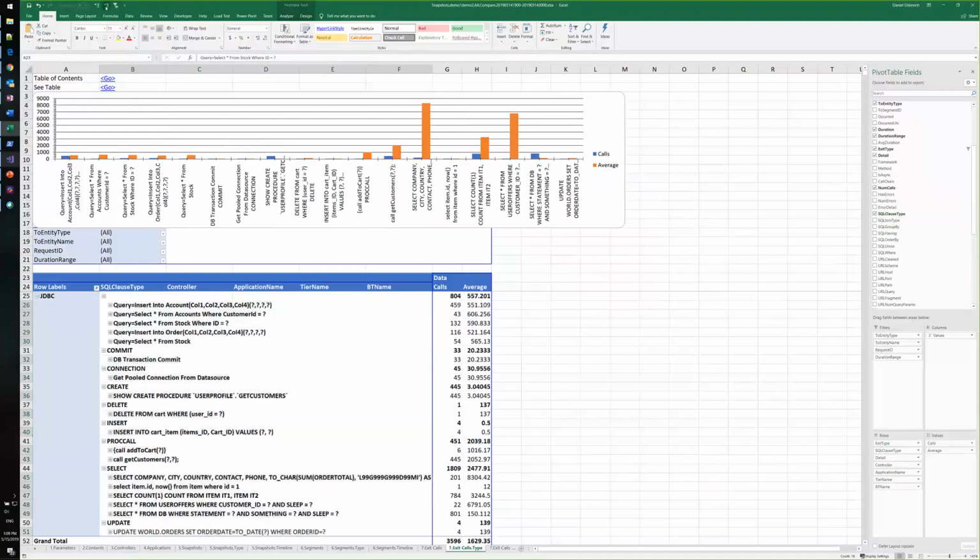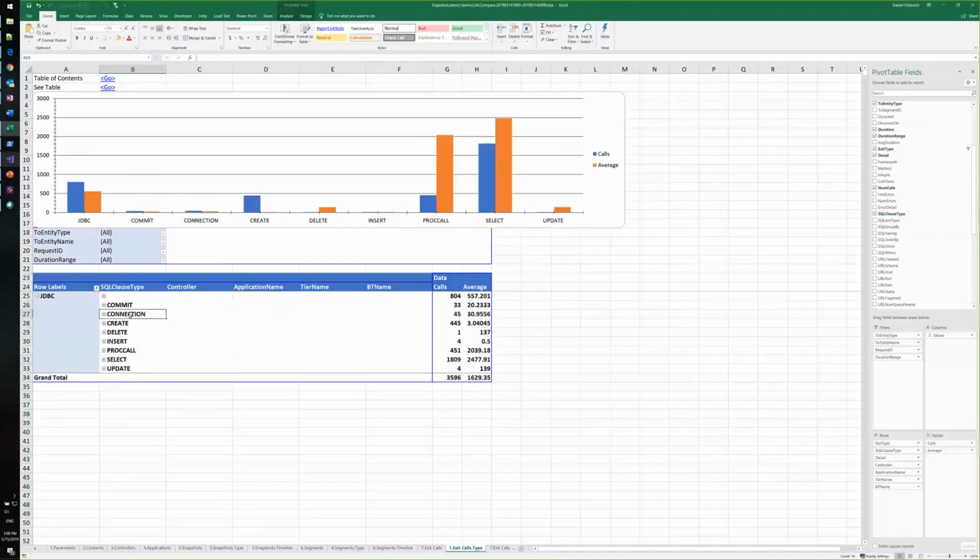Collapse it furthermore. Here, now we have different types of SQL connectivity that you can make: select statements, insert statements. The graph above tells us that the select statement is both frequent and probably the slowest of them all. So I can further drill down into my select statements